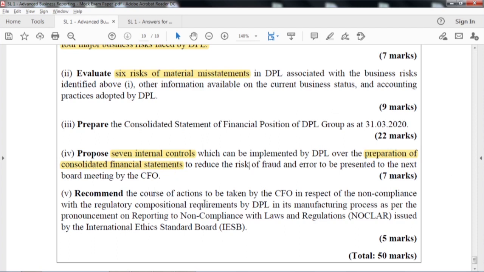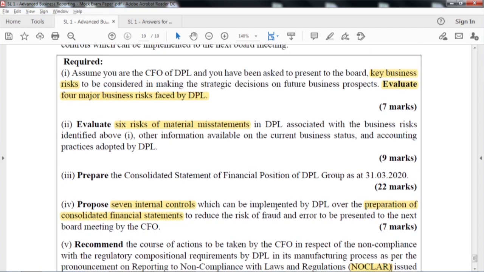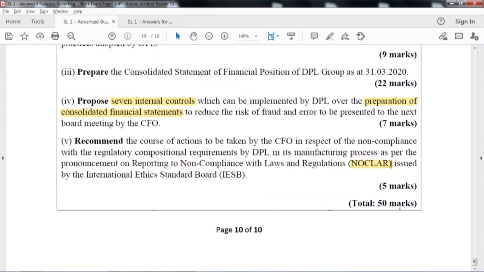And they recommend the course of action to be taken by the CFO in NOCLA has been tested. So, there is some NOCLA issue, and NOCLA is a very easy topic that you can easily, without even looking at the book, say these are the 5 things to be done in a NOCLA situation, and then you get 5 marks. So, likewise now we are going to look at those 27 marks out of 50